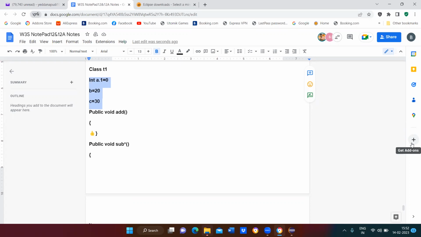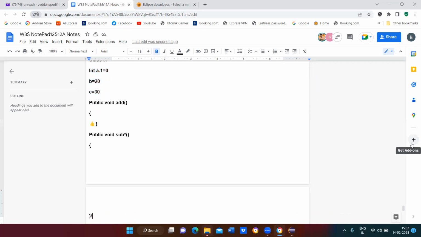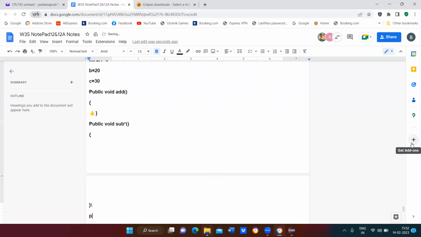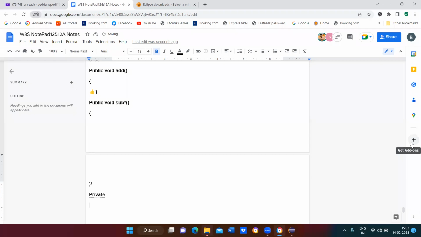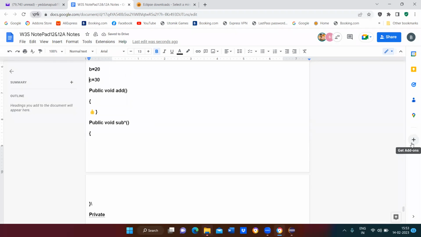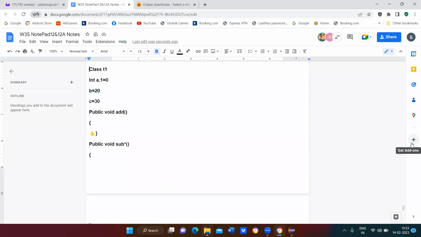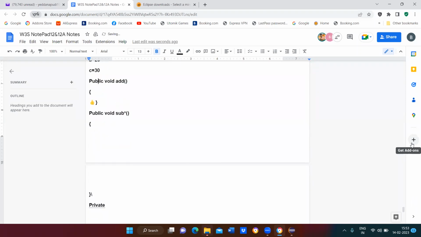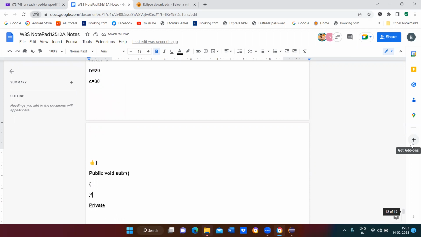Similarly, we can also use private. Have you tried this? The next one is private. What do you mean by private? For example, if you declare int a, b, c inside the addition only, those variables can be called only in this method and cannot be accessible to other methods.